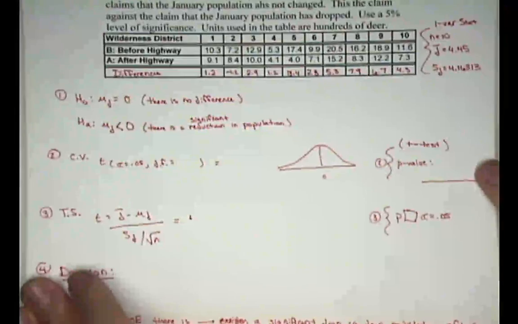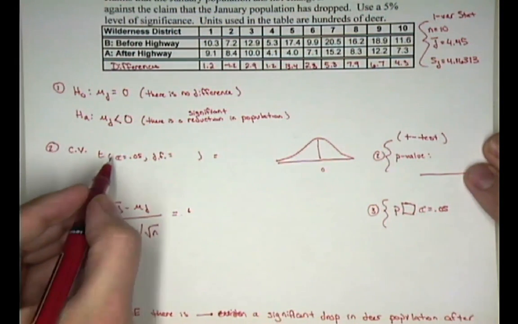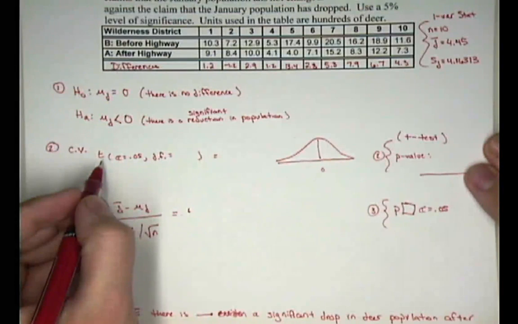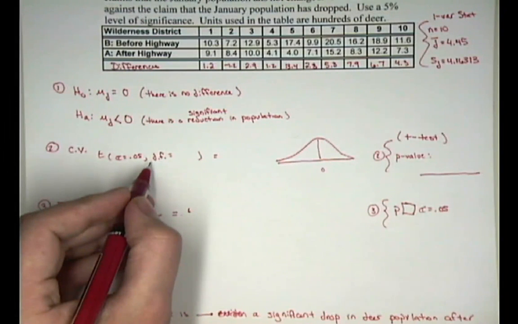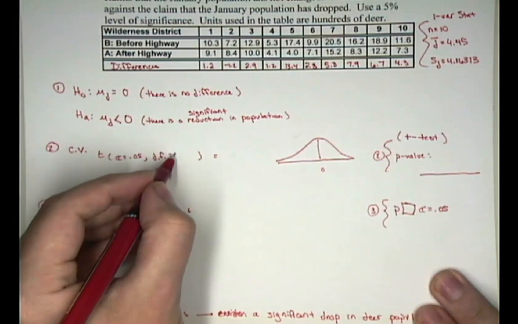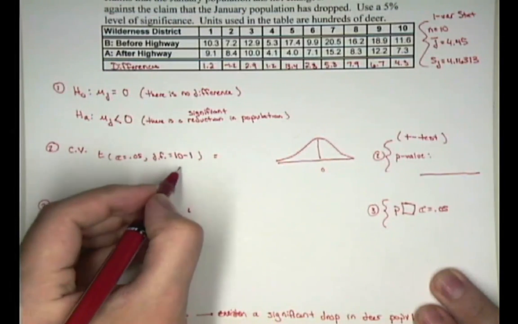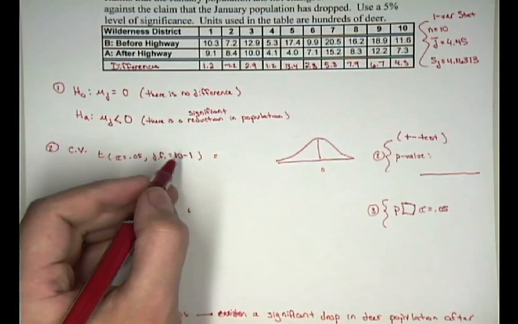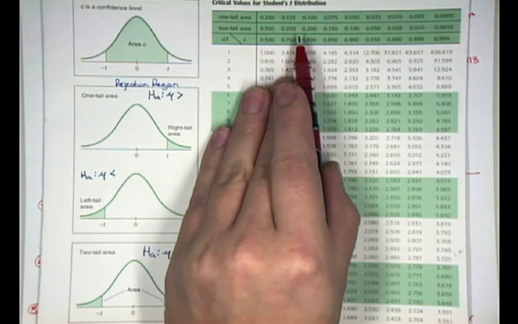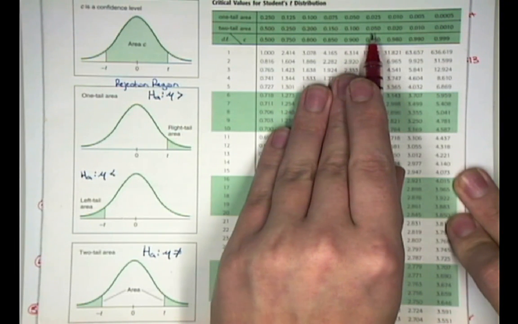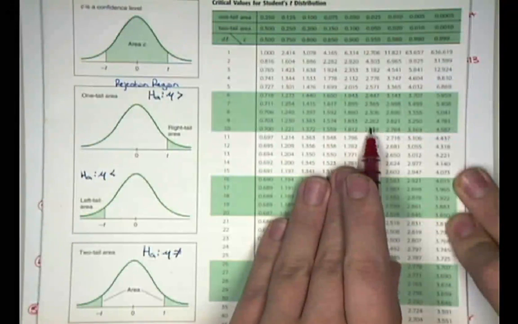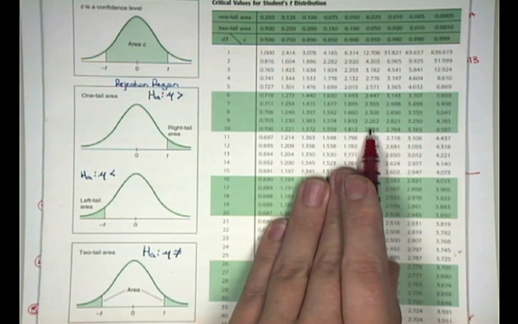In the critical value method, the traditional method, you're going to find a critical value, and it's going to be a t, because it's a dependent sample, a t with alpha 0.05, degrees of freedom n minus 1, and there are 10 districts, so we're going to have 9 degrees of freedom. And if you wanted to look up your critical value on a t table, it's a one-tail area. Alpha is 0.05, so you go over to the 0.05 on the one-tail area row, then you go down to your 9 degrees of freedom, and I'm finding a t